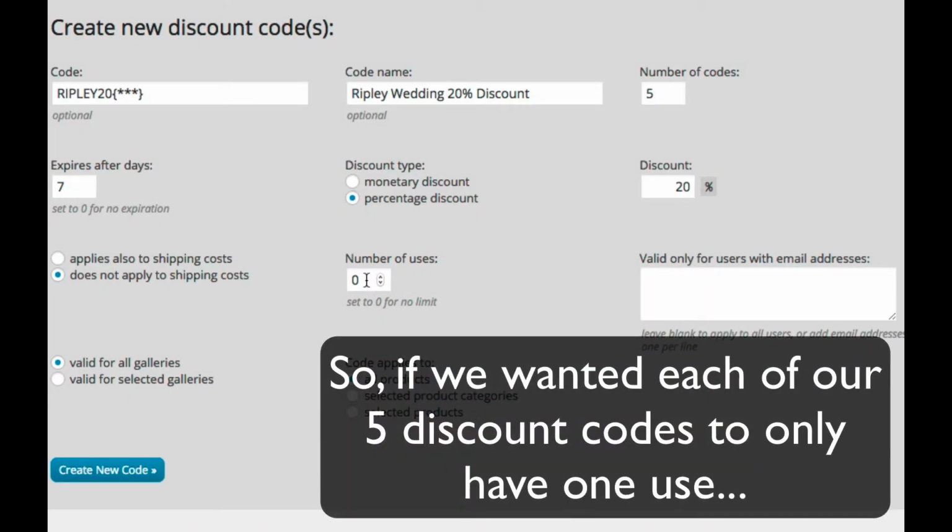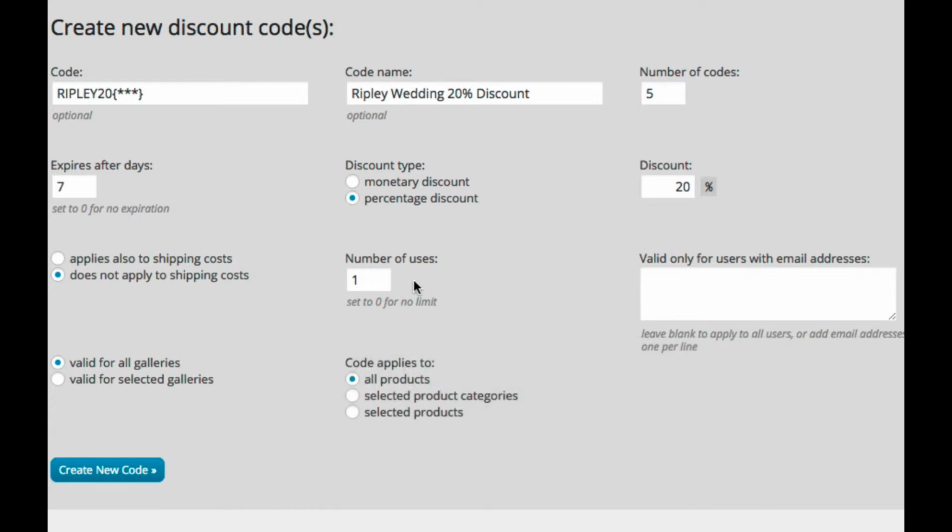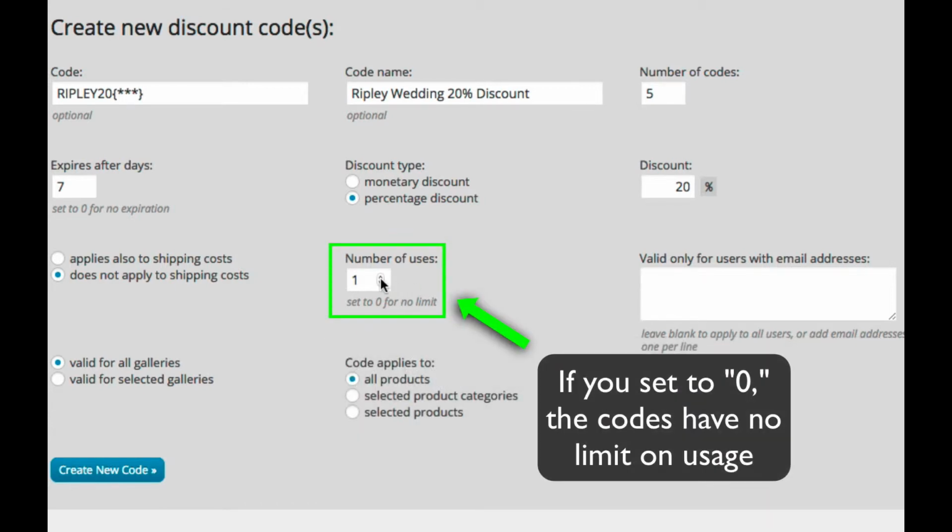For example, in this case, let's say we want 5 total codes for the Ripley wedding shoot, but we want to limit them to just 1 use each. Then we'd input a 1 here. That way, each of our 5 codes can only be used 1 time. If you set the value here to 0, then there is no limit on the number of uses for each